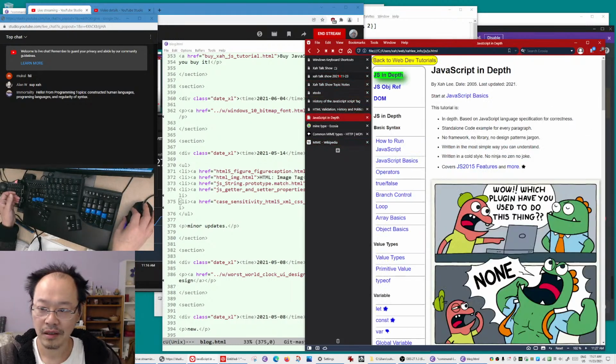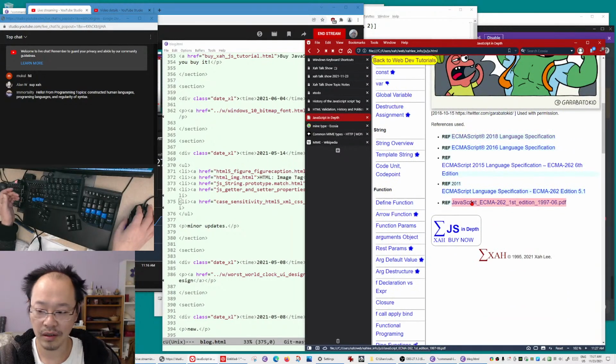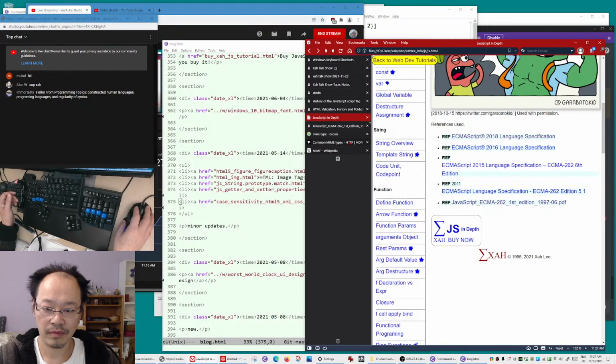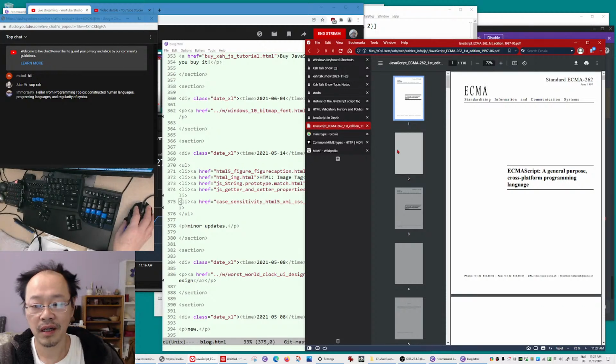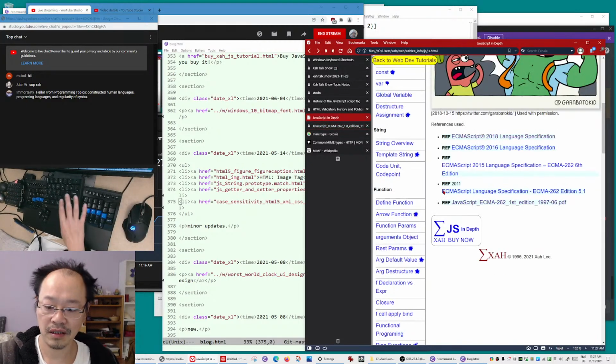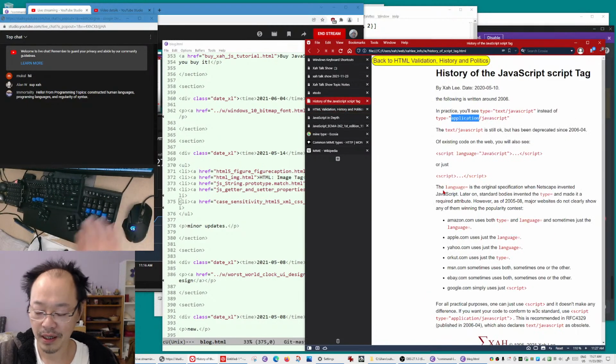I've been going all over the ECMAScript. Let me show you the page again. Incomprehensible. That's a Unix RFC. So yeah, we are talking about the history of the JavaScript tag.